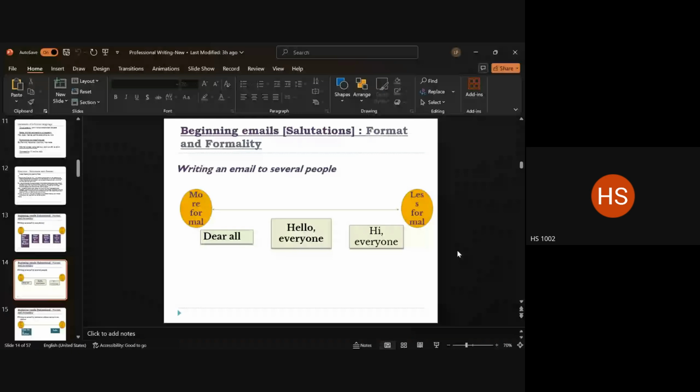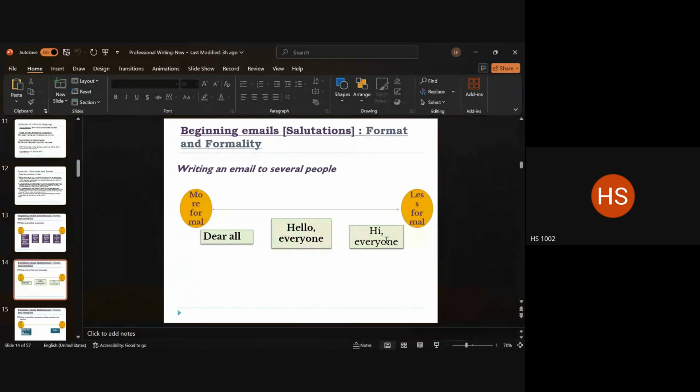And the next two options, which are "Hello everyone" and "Hi everyone," are more or less the same. I don't see much of a difference between hello and hi. When you say hello and hi, you are basically writing to somebody who is very familiar to you and at the same level as you in the organization. Between hello and hi, maybe some people say hi is a little less formal than hello, but I do not see it as a great difference. It should basically mean the same whether you say hello or hi.